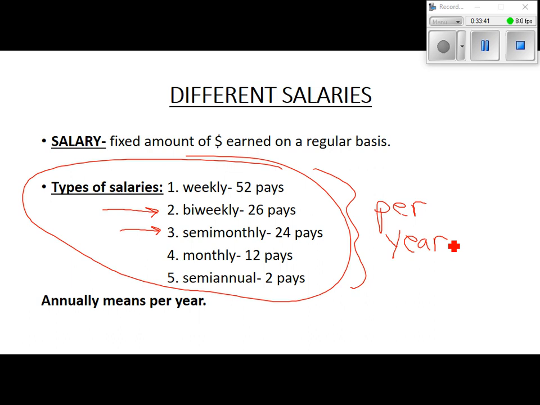Bi-weekly and semi-monthly, going back to this. The school changed about 10, 12 years ago from paying us bi-weekly to semi-monthly. Some of the teachers were really upset, Mr. Wendell was one of them, because when you get paid bi-weekly,